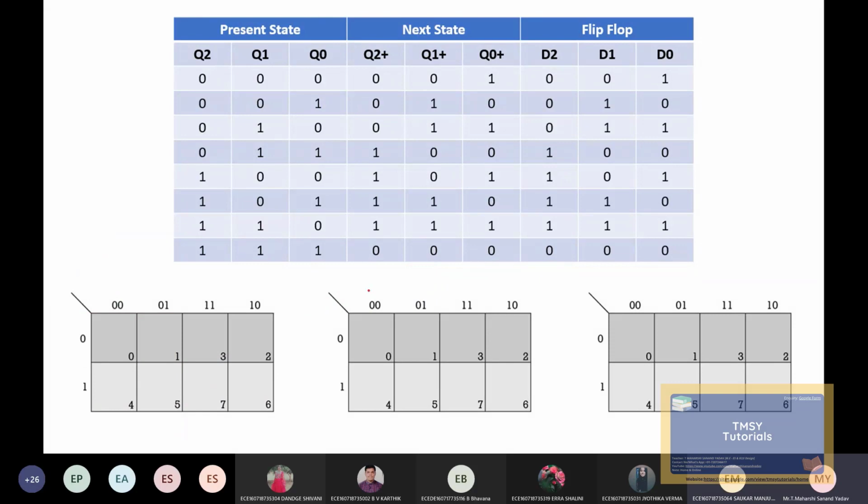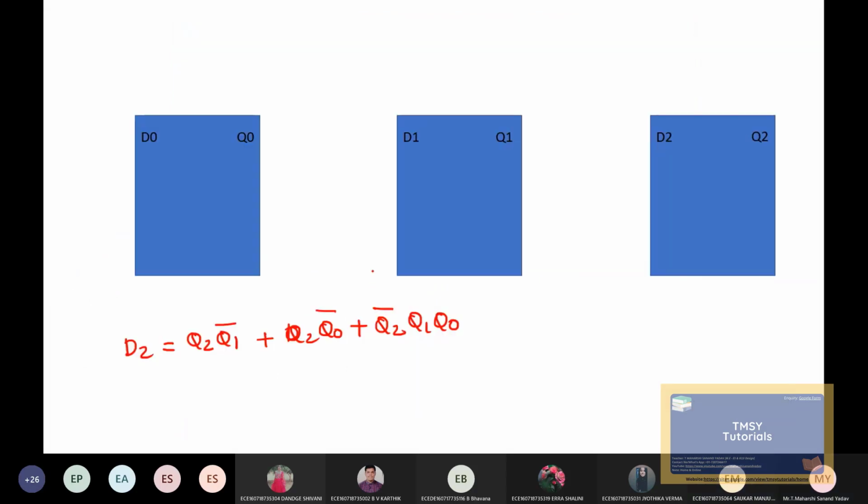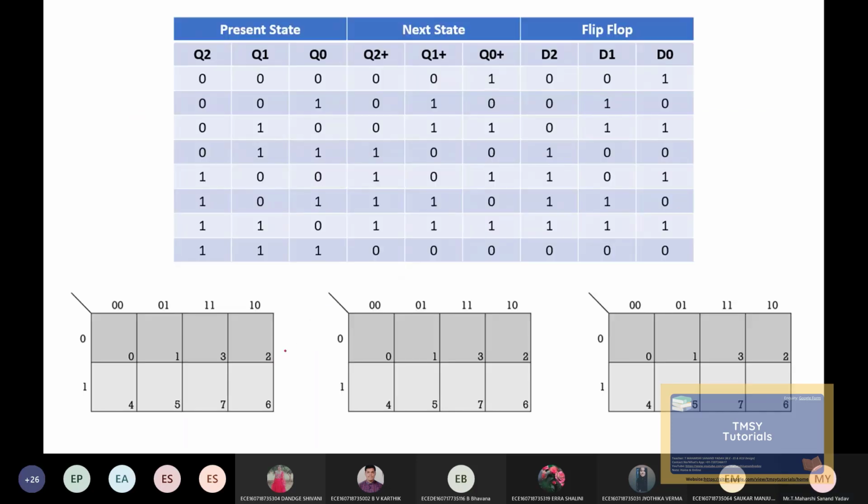Similarly, do it for D1 now. So do it properly. I'm not checking your answers. Similarly, do it for D1.